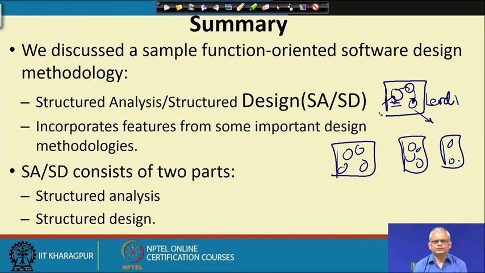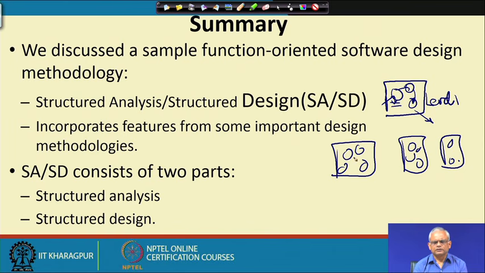data to the system. For example, a user in a library software might issue a book or return a book or search for a book, and based on which functionality he invokes, different bubbles will get activated, and therefore, the level 1 DFD for any non-trivial software will normally be a transaction processing. So, we will have to apply transaction processing, and even the level 2 is often for non-trivial software a transaction processing, different transactions are